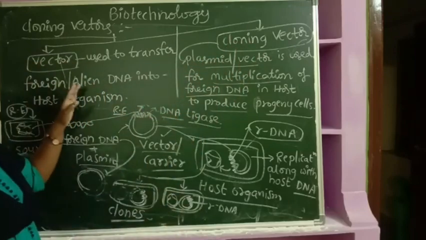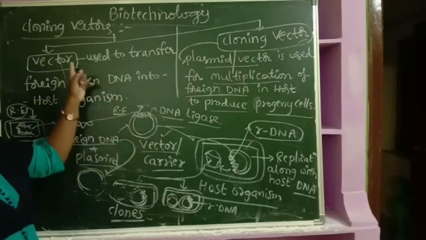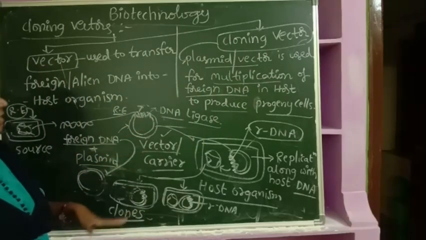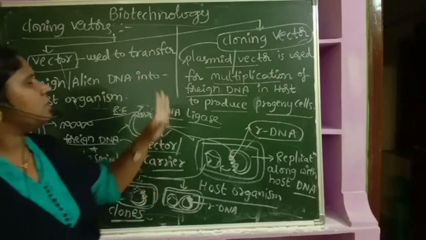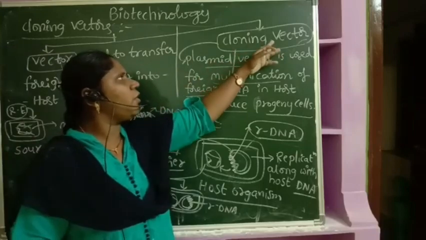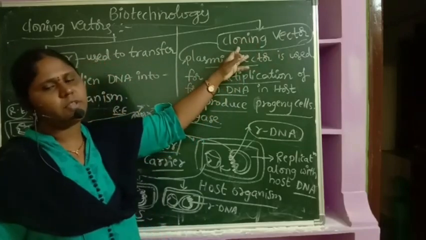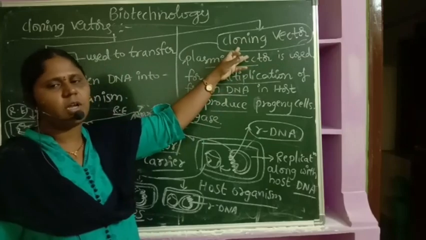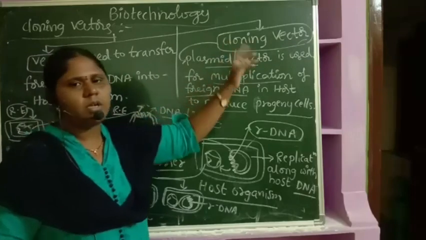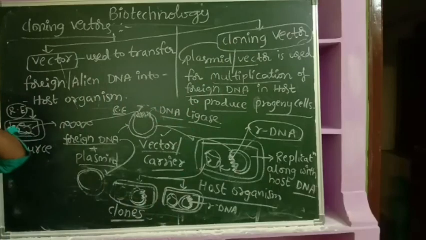Here it acts as a carrier vector, simply takes, drops it and goes, called a vector. In some cases, in some bacteria, the vector itself is involved in formation of the clones, along with the foreign DNA, now called recombinant DNA. Now it is said to be what? A cloning vector. It is very much essential for you all to remember the difference between vectors and cloning vectors. Right.